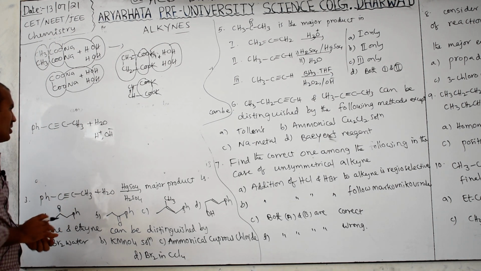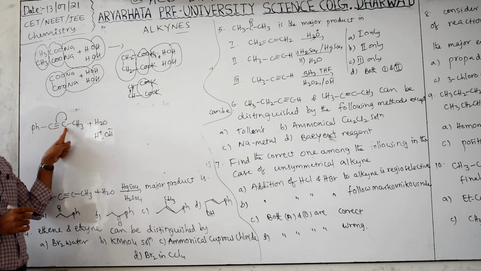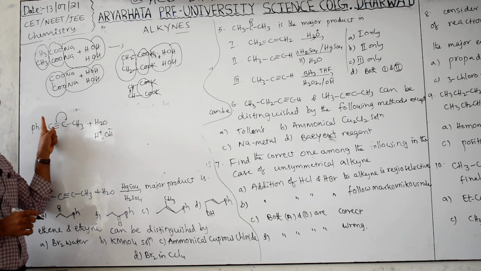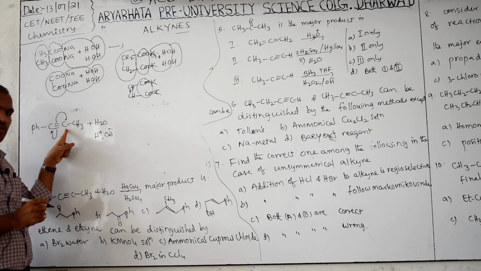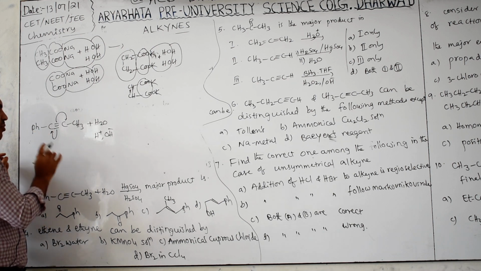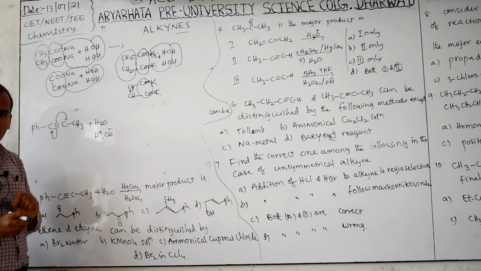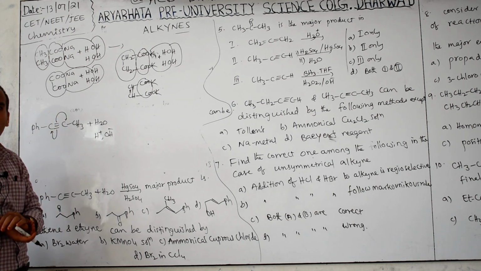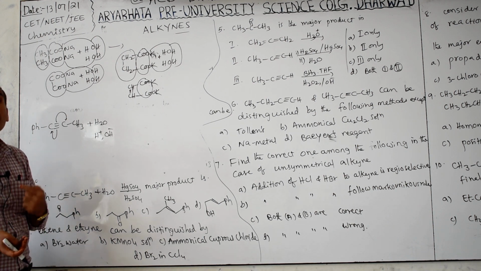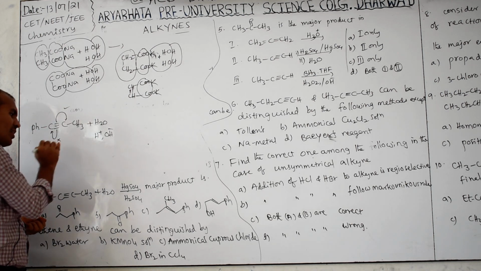Yes or no? But if it shifts like this, then this one gets which charge? Negative. And this one? If it shifts like this, this will get positive and this will get negative. But which positive is more stable, this positive or this positive? That we have to identify. Here what is there? Ph. Ph means what? Benzene. So the carbon next to benzene is which type? Benzyl type. Then that is more resonance stabilized. Therefore shifting in this direction is correct, this direction is wrong.